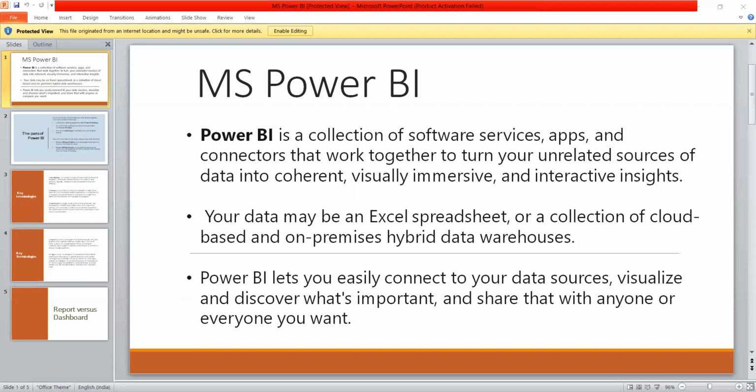So the next point is the report. A Power BI report is one or more pages of interactive visuals, text, and graphics that together make up a single report. The other day, when we fetched data and got the table, that was a Power BI report. Based on those reports, we are able to create dashboards. Power BI bases a report on a single data set. Often the designer organizes report pages to address a central area of interest or answer a single question. If we see multiple tabs, or when we move forward and develop reports, we would see that there are multiple pages in a Power BI report.